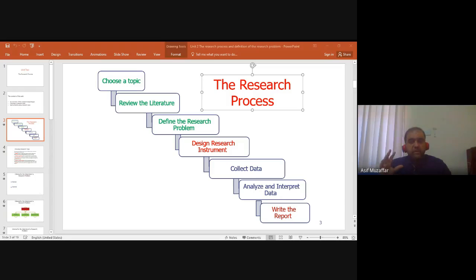Okay, so you can ask me, is this the only way to search the literature? Google. I would say there are databases. Databases means there is EBSCO. You can check it on the internet. EBSCO, I'm putting it in the chat box. There is JSTOR. And there are other databases as well.